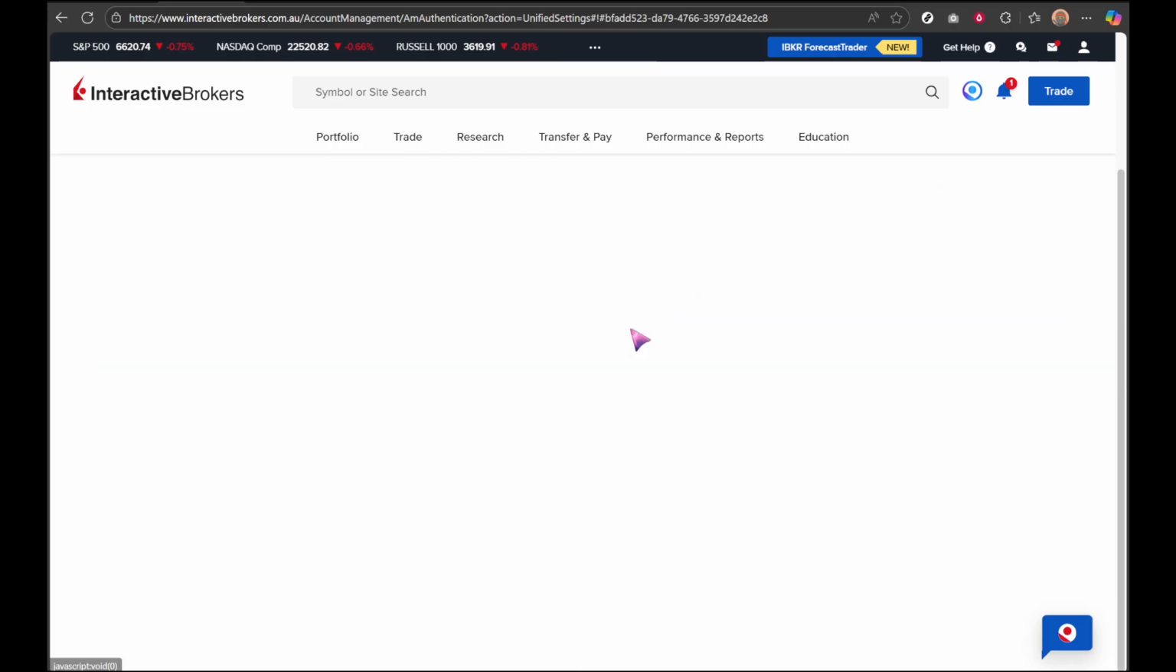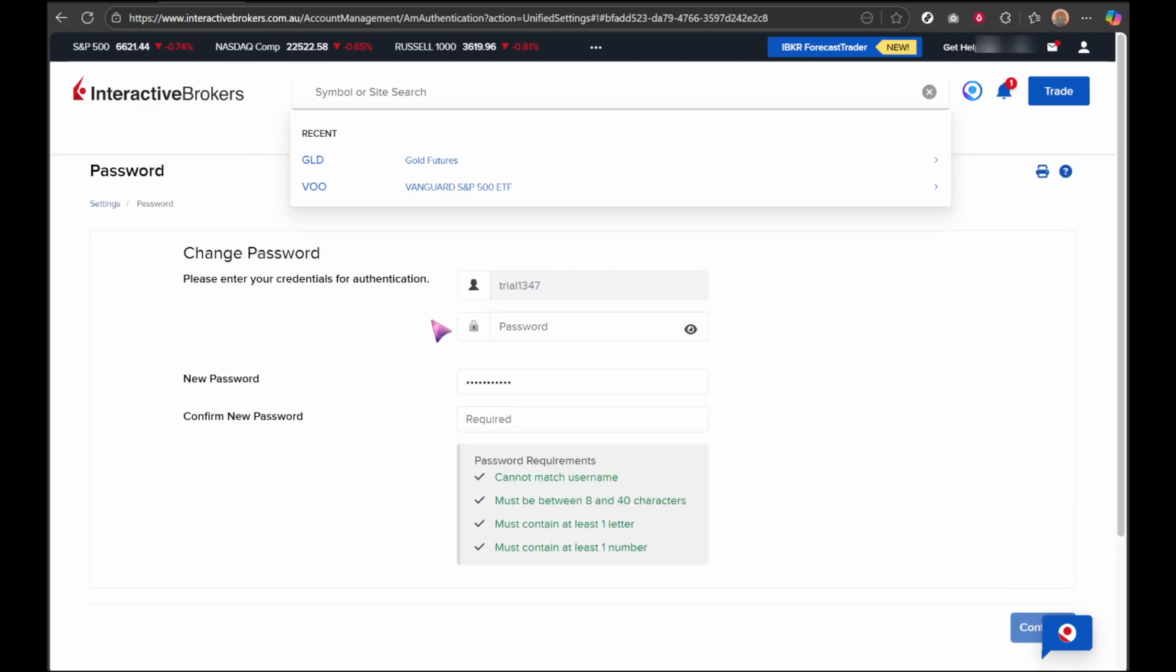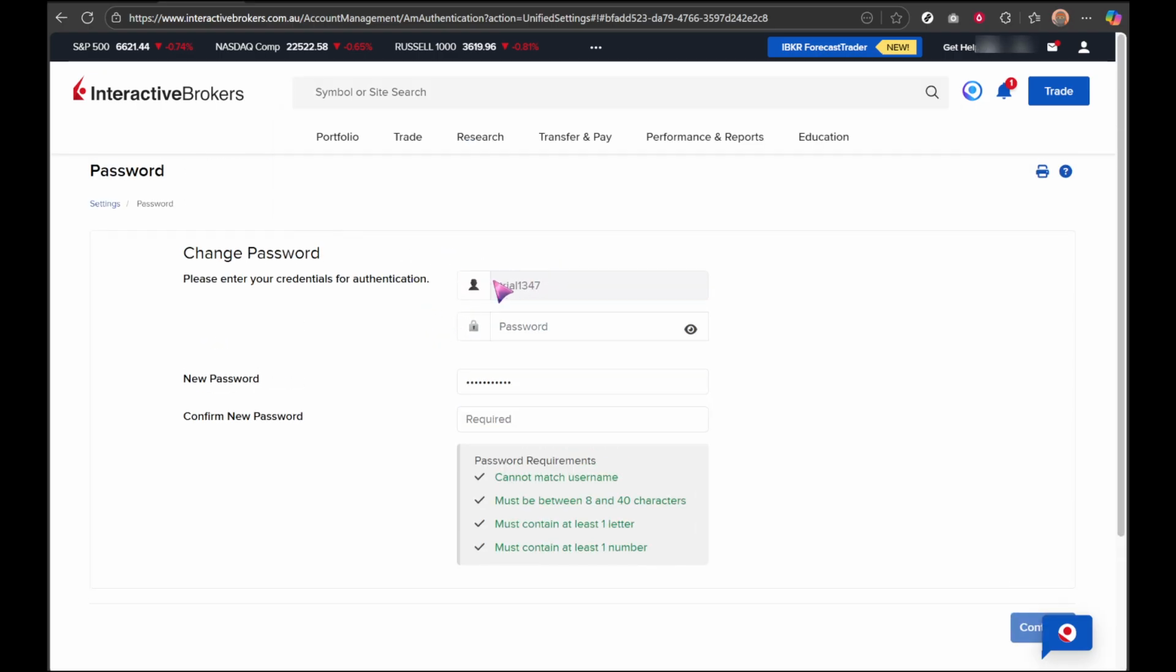In the fields provided, first enter your current password so the system can verify it's you. Then enter your new password and re-enter it to confirm. Make sure your new password follows the requirements. It must be between 8 and 40 characters, include at least one number, cannot contain spaces, and remember that it